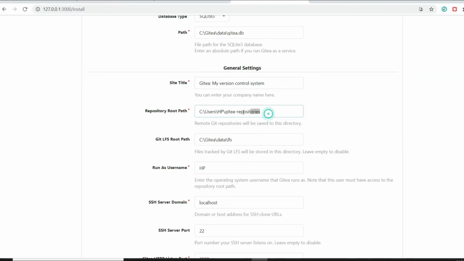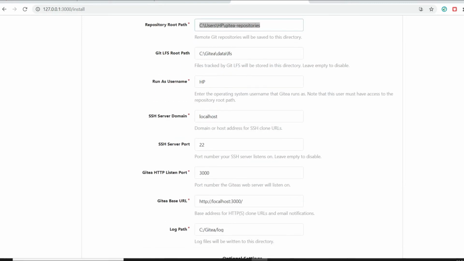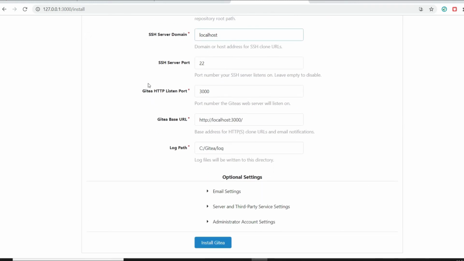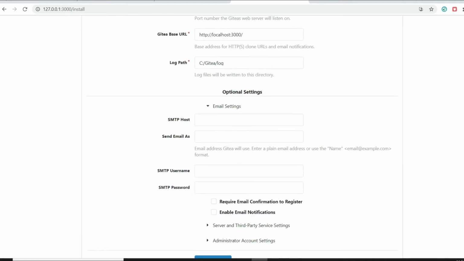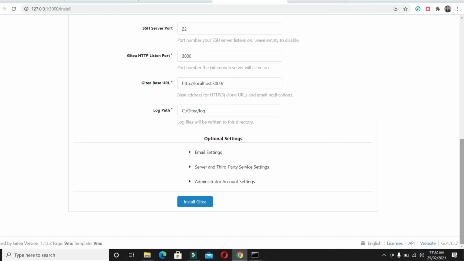You can set the path for its repositories from here, any path you want to use. And in the same way we can write the SSH server, local, which is localhost, and you can type the IP if you want to access the self-hosted server on the LAN. You can type the name of your server if you want to host it on your Windows server, and we can also write the port. We are okay with the current port, we are okay with the log path, and from here we can set the additional settings. For our email we can set the SMTP server for sending the email, username and credentials.